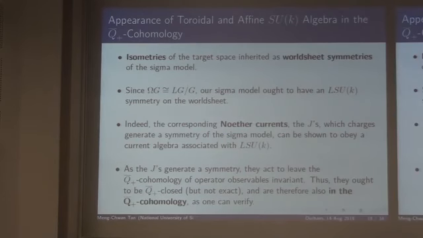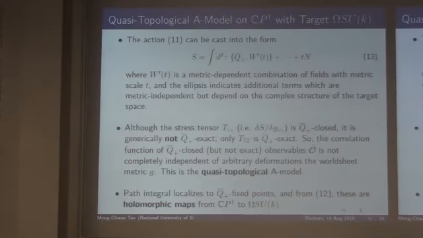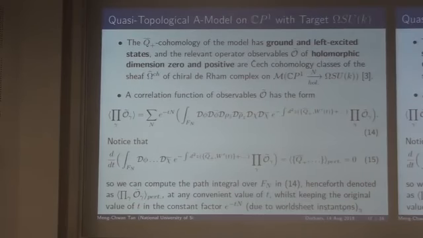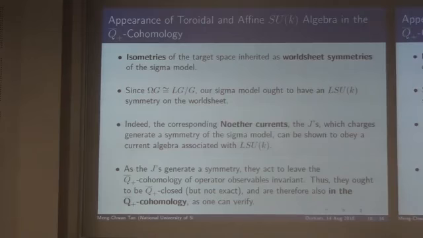As we mentioned, this base loop group looks like this, and therefore we ought to have some kind of symmetry that's associated with the loop group SU(K). And indeed, if you compute the local currents from the action, we get these J's which generate the current algebra of the loop group. So we have these conserved currents that you get from varying the action and setting it to 0, the usual way, and then you compute them. You get the currents, and then you end up getting